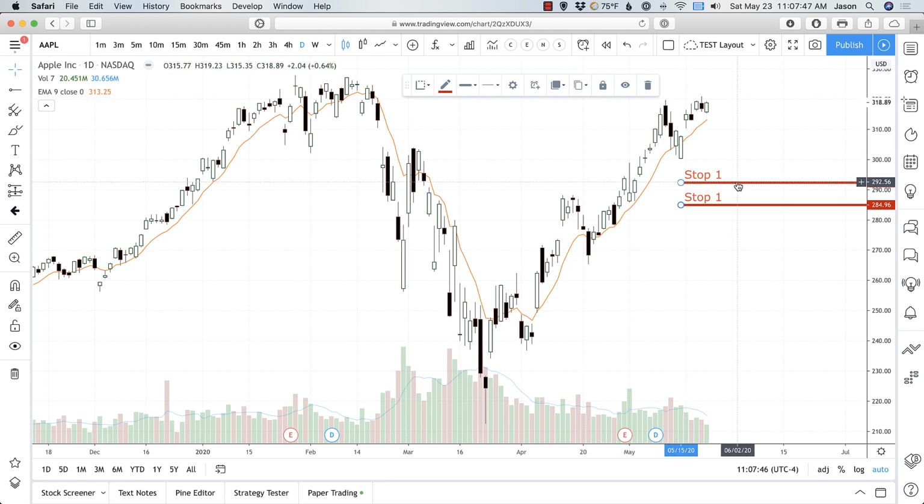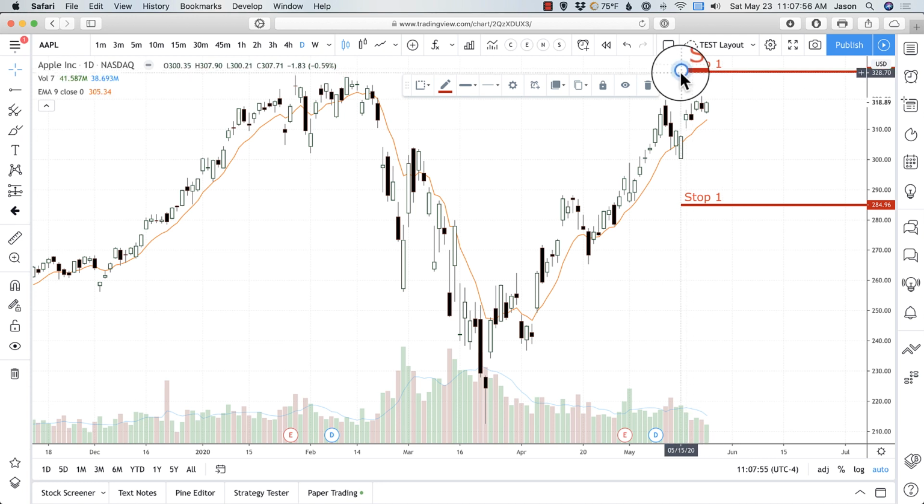Okay, and now I want to go up here and make this my target. I don't need to go through and do all that, changing the color, changing the text. As long as this is highlighted, and it's going to have that little blue circle on the end of it, then I can go over here and click on this button called templates. It's in this little quick access button. Pull this down, and if I go down here to target 1, boom,